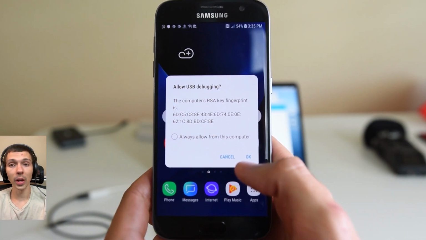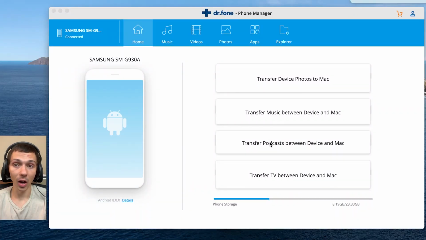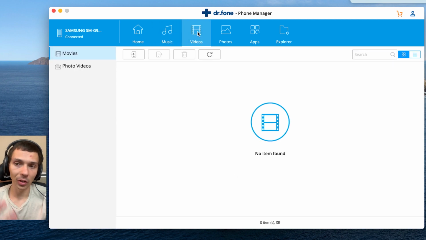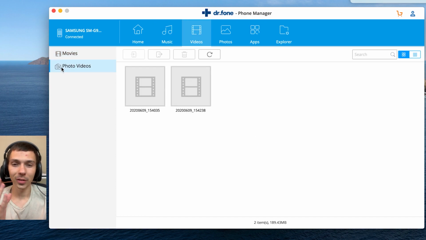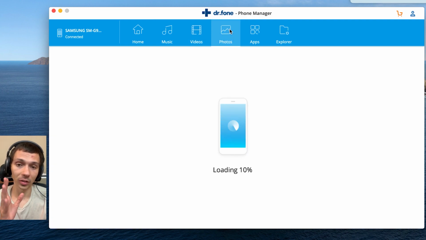So when you're on the home page of the app, those buttons are not nearly as useful as the buttons at the top of the app where it says music, videos, photos, apps, and Explorer. Those are really the buttons that you need. The buttons in home are trying to make things a little more simple for you, but I think it's nicer to just be able to click on the videos tab or the photos tab and select exactly what you want